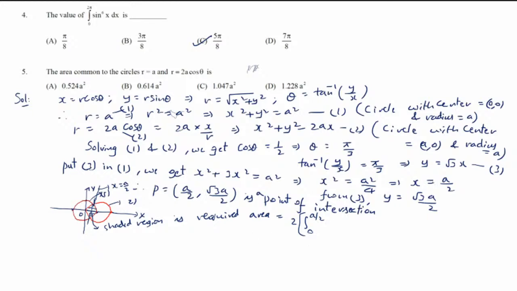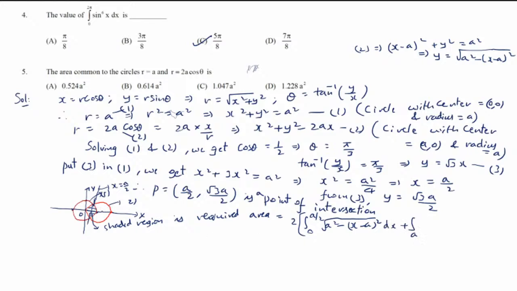Equation 2 can be written, after adding and subtracting a square, as x minus a whole square plus y square is equal to a square. From this, y value is root over a square minus of x minus a whole square. So this is a square minus of x minus a whole square dx plus